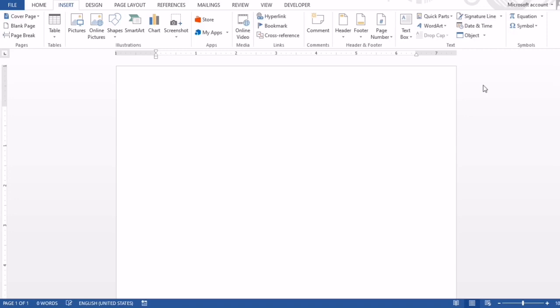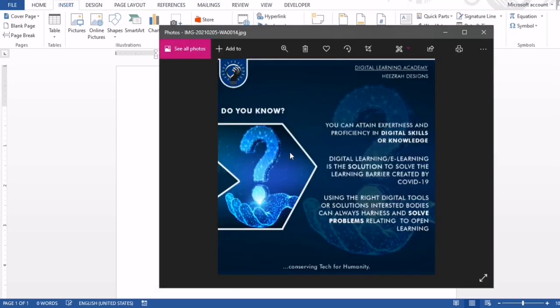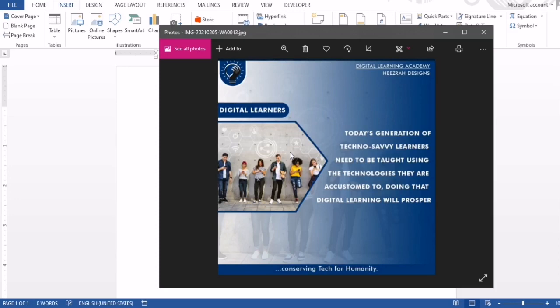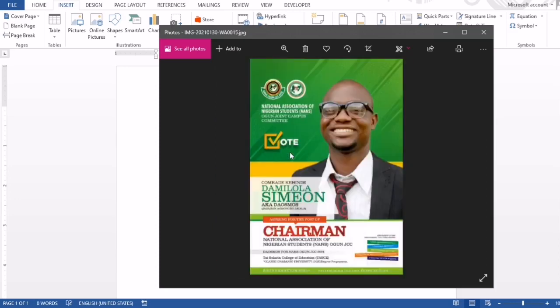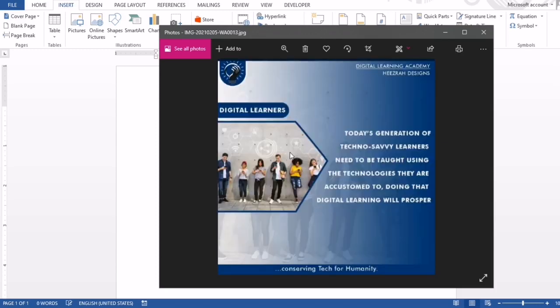Digital Academy. Today's training is going to center on how to make use of the MS Word environment to create beautiful designs that are not only appealing to the site but also communicating graphically to our users. So to start with, many of us might have imagined how Microsoft Word can be used to design graphics. I'm talking of the likes of the ones I'm displaying on the screen currently. I can tell you categorically that these graphics were designed using the Microsoft Word environment. So how do you go about coming up with beautiful graphics like this with the Microsoft Word environment? That is what you want to